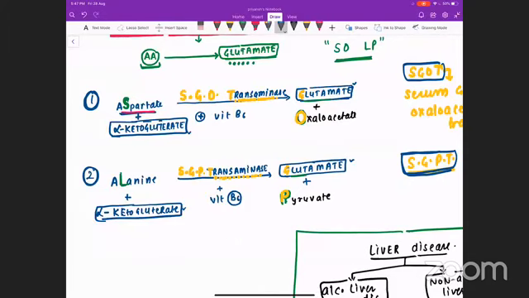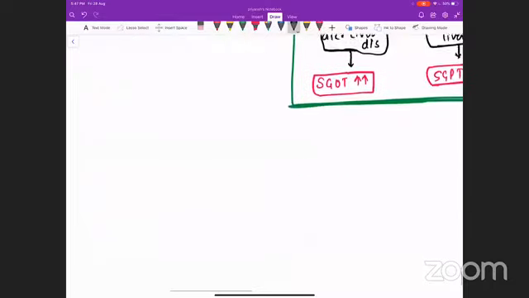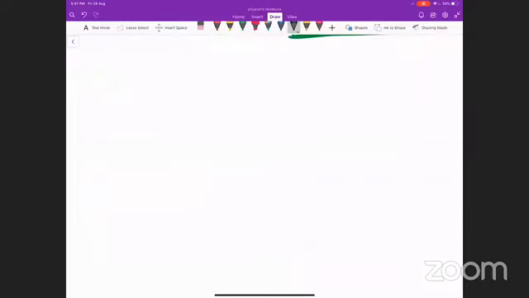Step 2: once we have converted every amino acid into glutamate, now this glutamate will travel via blood all the way to the liver, and there it is going to donate the ammonia. If you know the flow chart, then life will be very easy. So step 2 will be oxidative deamination. We are going to remove the ammonia in the presence of oxygen, so it is called oxidative deamination.